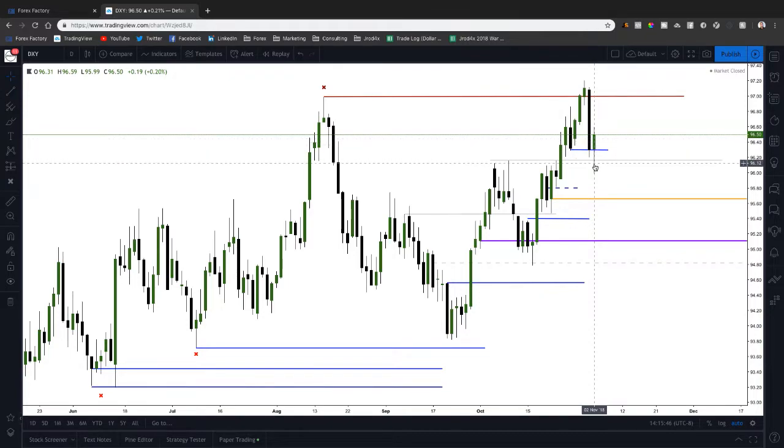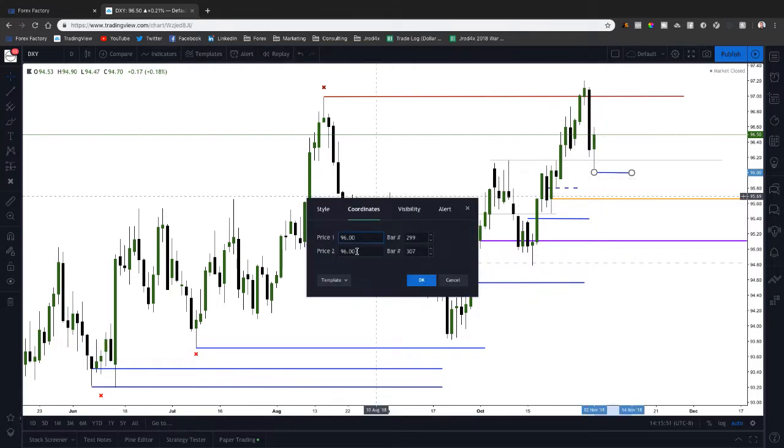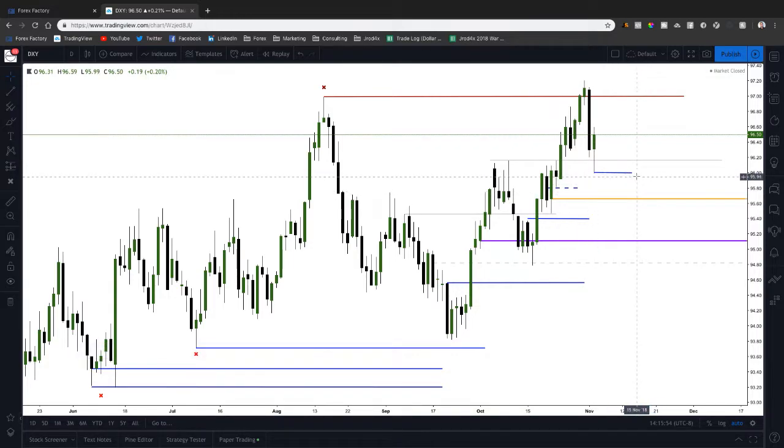So if we get below 96 big figure, again, Friday's low, I'll just go ahead and adjust this here. If we get below that, at that point, I'll be switching my bias and I'll be looking for bearish price action, and looking for continuation lower. Obviously I won't sell as soon as it trades below 96 big figure. But if we get below 96 big figure and we're showing bearish price action, respecting resistance levels, I'll start looking for opportunities to position myself short and look for lower targets in terms of swing low, swing low, swing lows.